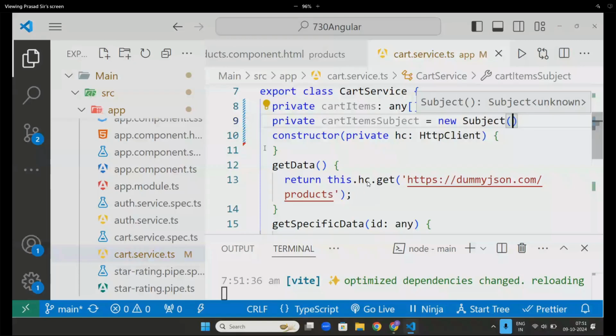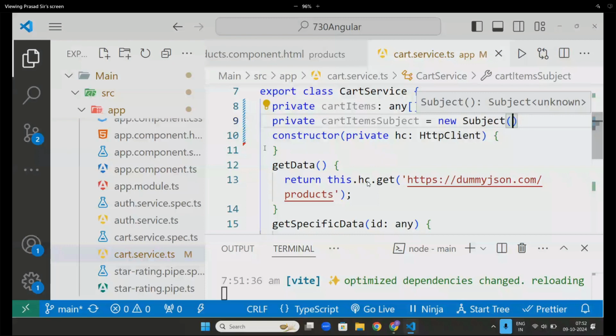This all will update the cart, and that cart should be updated in the cart page and in the header component. So multiple components can update the one value, and multiple observables can access that value. This kind of concept can be done only using subjects. So that's why I created a subject.